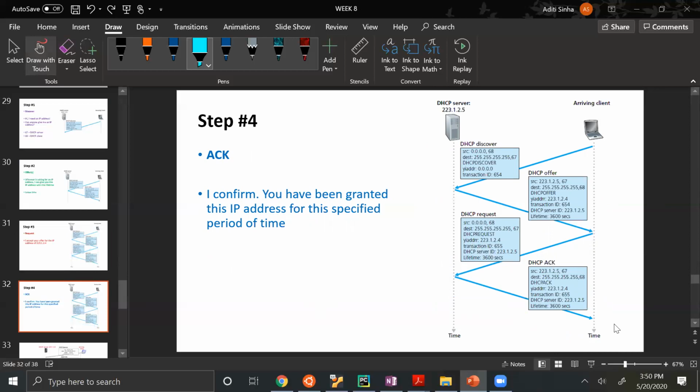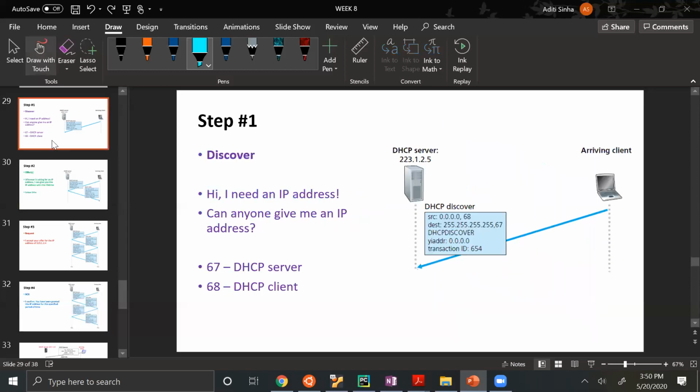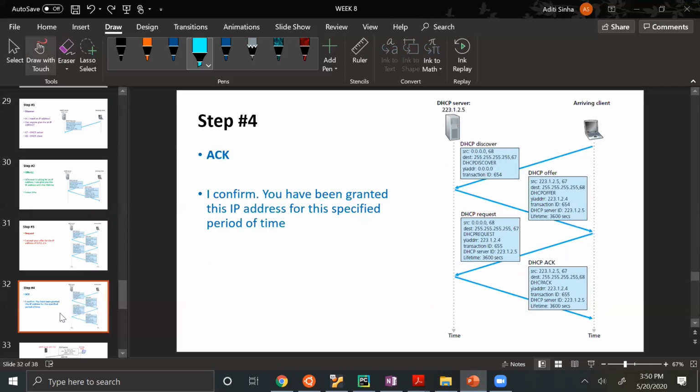Basically this ACK confirms that this IP address has been granted to you for this period of time. Once all these 4 steps, discover, offer, request, and ACK, have completed, your client can now hold this IP address for this period of time, and then use this IP address for interacting with everyone else on the internet.